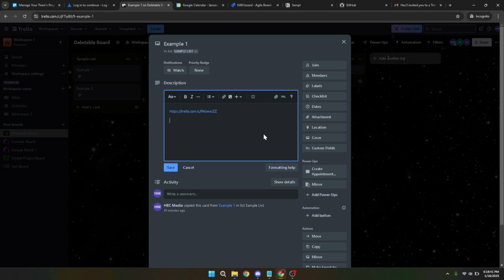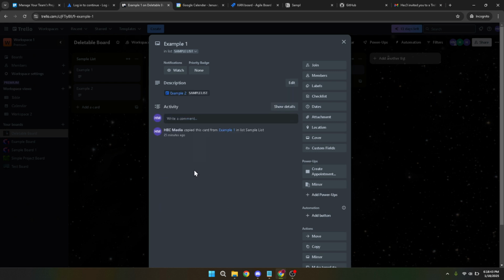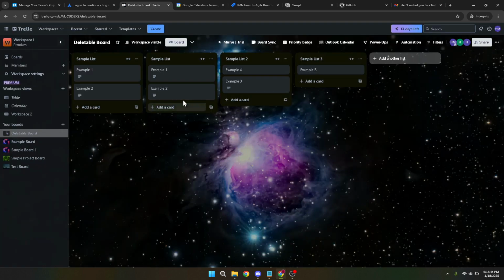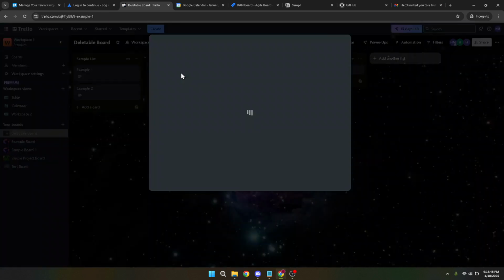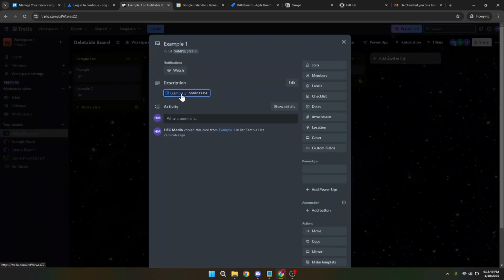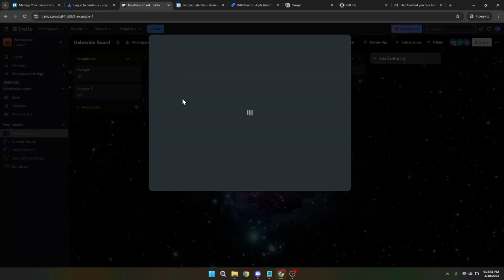tasks. Remember that linking cards in Trello not only boosts your organizational structure, but also facilitates better communication among team members. It allows everyone to see how tasks are interrelated without having to navigate back and forth excessively. This technique can be particularly useful in reducing redundancies and ensuring that the team remains on the same page.